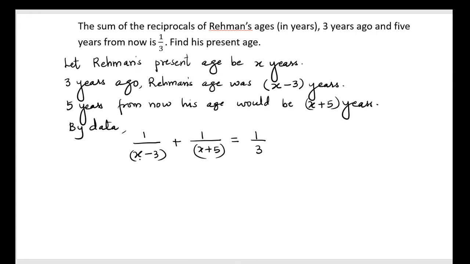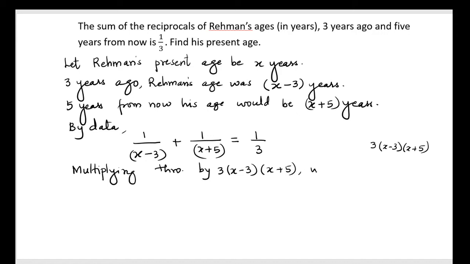This equation, you can now see, is having rational algebraic expressions on the LHS. You can see the denominators are x minus 3, x plus 5 and 3. So we will take the LCM of these three, which is 3 into x minus 3 into x plus 5. We will multiply throughout by the LCM, 3 into x minus 3 into x plus 5, we get,